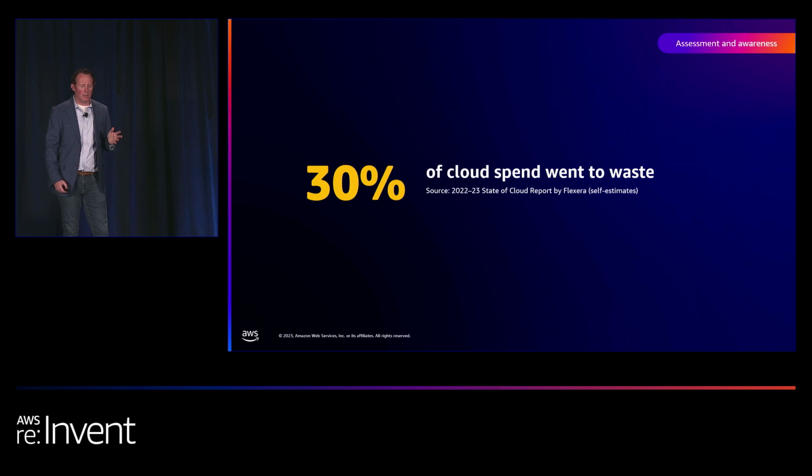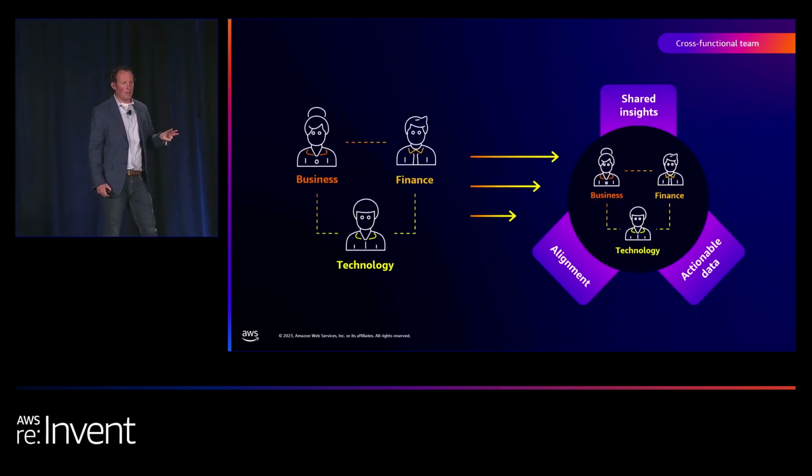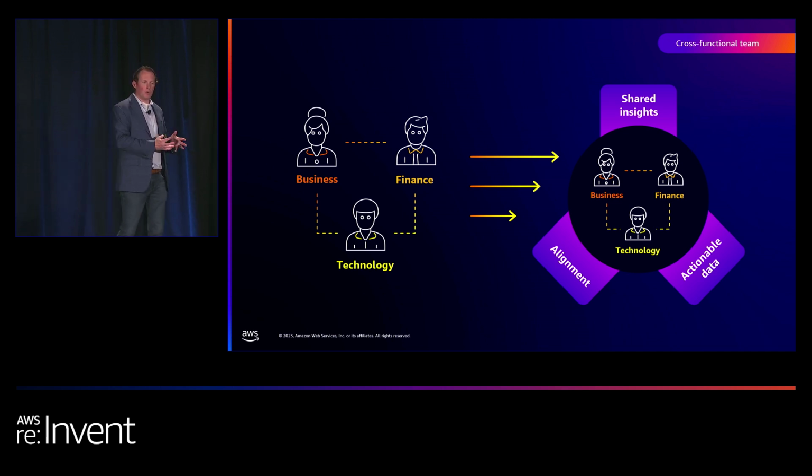Next up is a little bit on the cross-functional team side. As I mentioned, there tends to be three legs of the stool as you think about this: finance, IT, and business. There are important roles for each of them, especially when you think about leveraging agile principles from a software engineering standpoint. Some of the best FinOps teams leverage those agile principles in how they operate inside of the organization. But the alignment, the data, and the insights are the key. There's a flywheel element of how you ensure that you're giving transparency, using valuable information to then inform the insights to drive action inside of the organization. So as you think about this element, it's an important thing to consider.